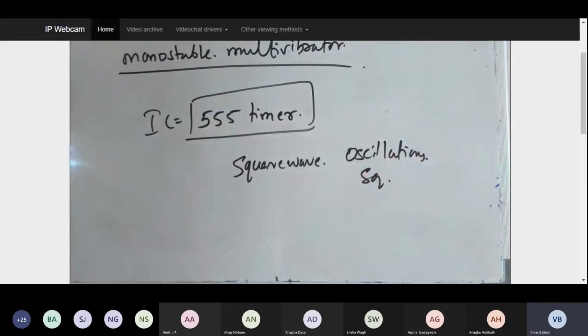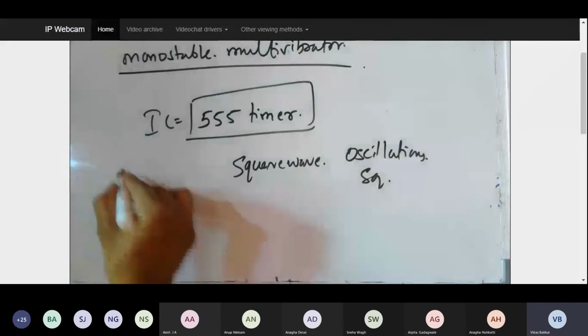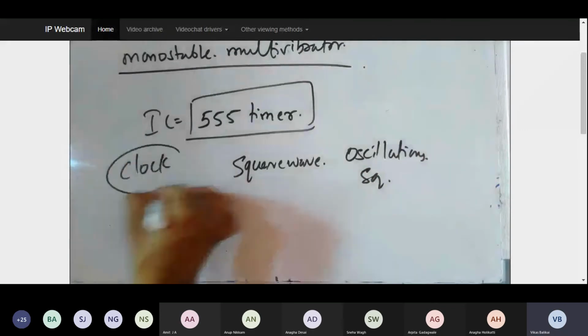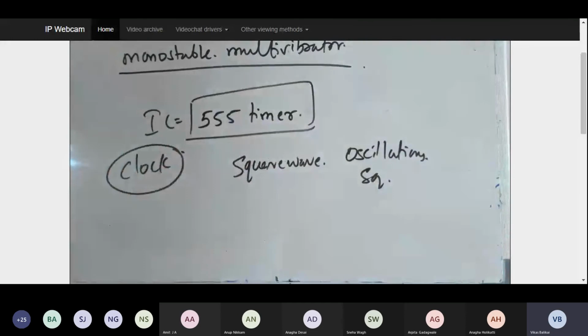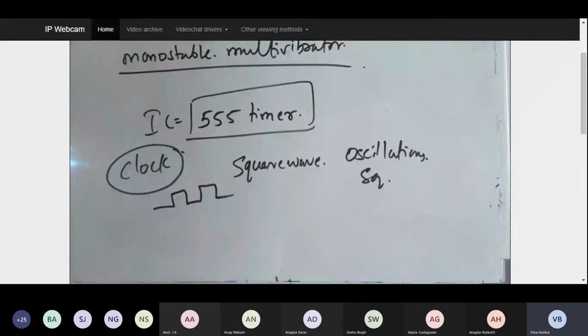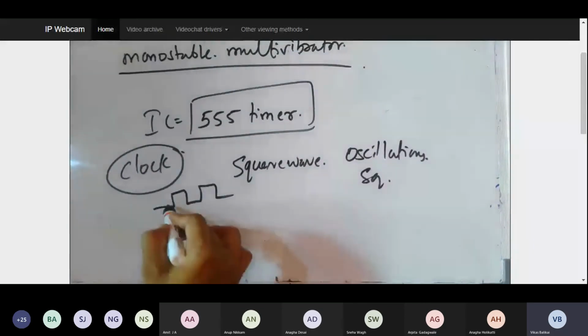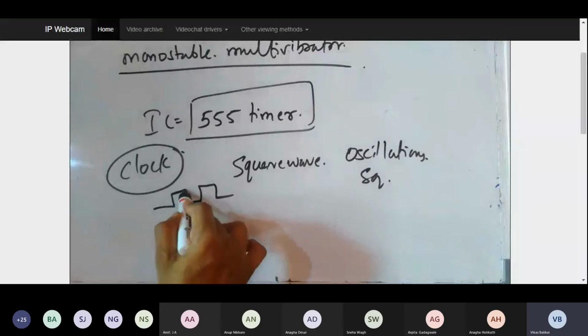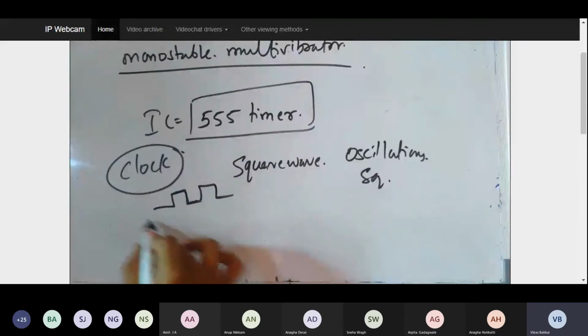Now why is this very important? Normally, whenever we want to use any digital or analog circuits, they all work on a clock, and the clock is one thing which will be on forever in your IC. Based on these pulses only, the entire circuit will be working. So based on the rising edge of the clock, or the positive trigger, or the falling edge, or the low level of the clock, the entire circuit or entire IC will be working.